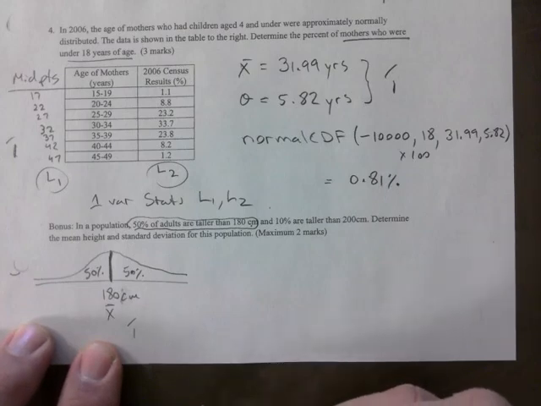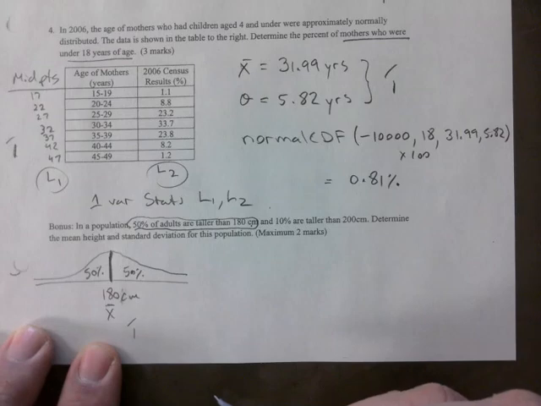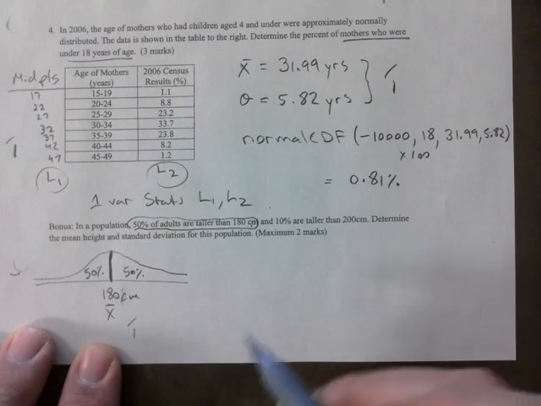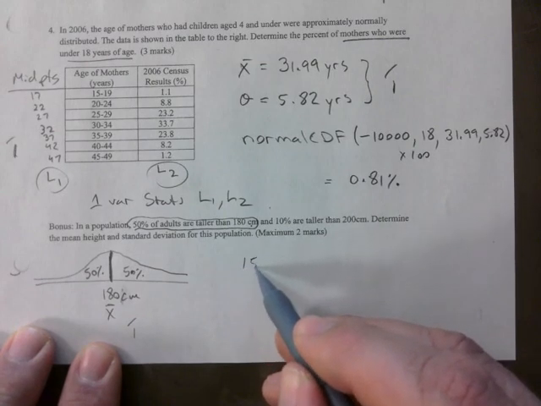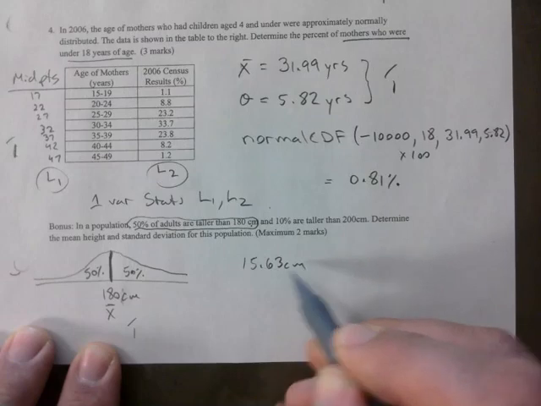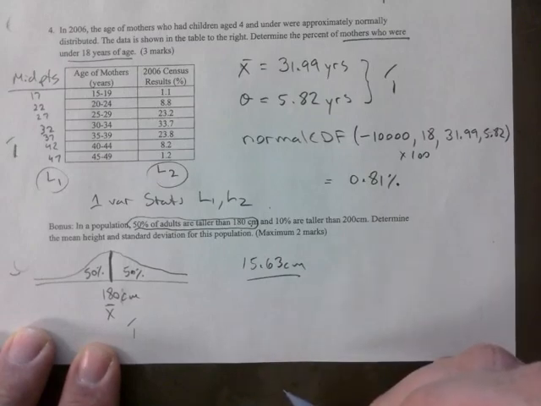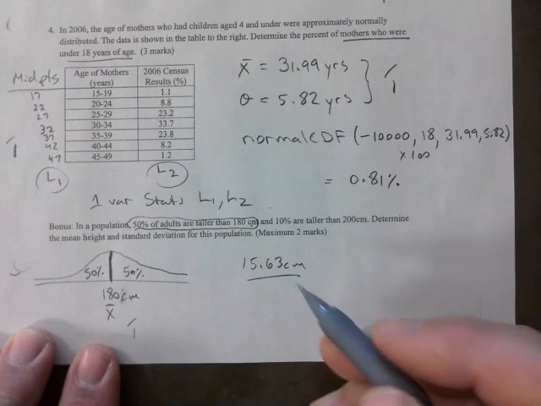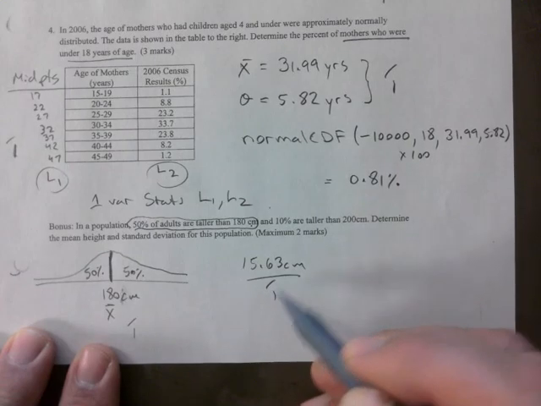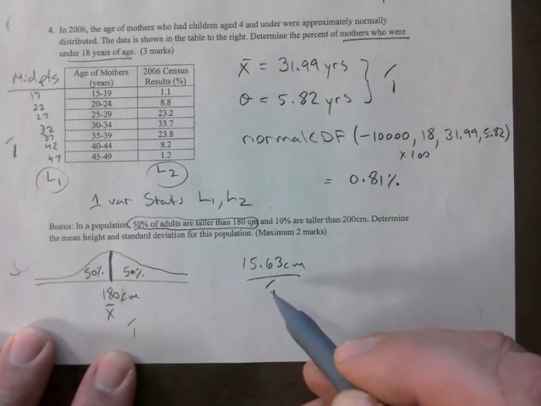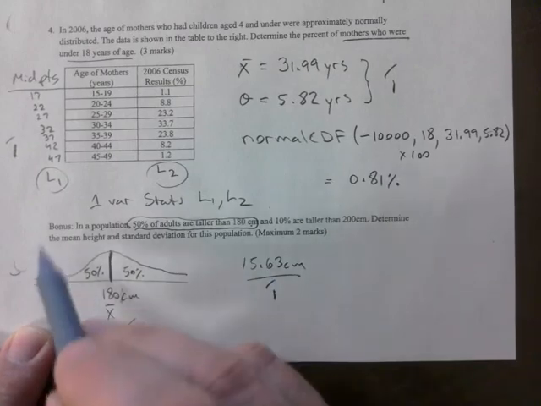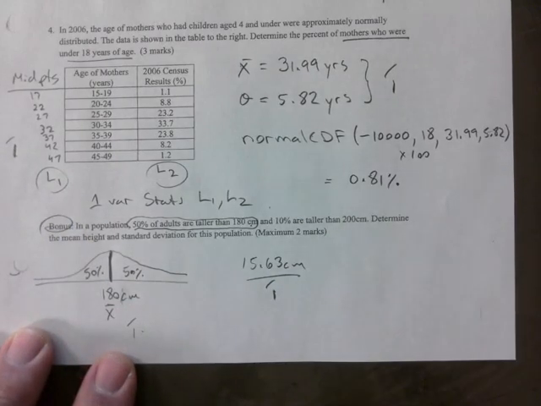To figure out the standard deviation, I think I'm going to leave that for now. I'm going to show you how to do that later on. The standard deviation, if you figured it out, is 15.63 though. I don't want to bedazzle you right now with how I did that. So if you got that, way to go. So +1, +1. So this is bonus. It doesn't affect you if you didn't do it.